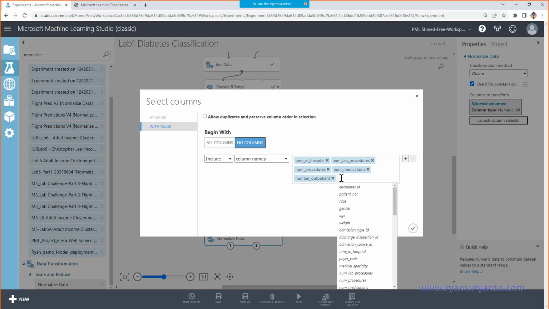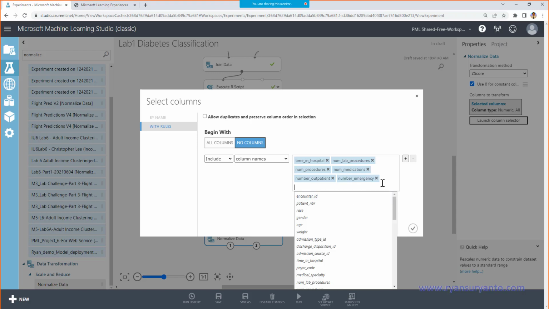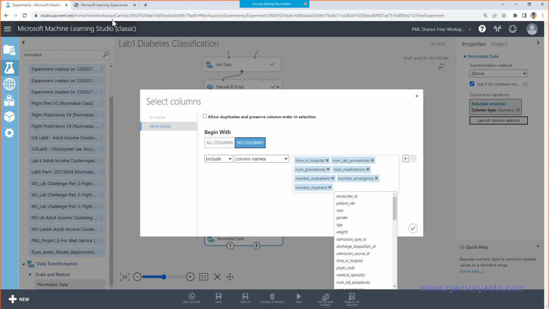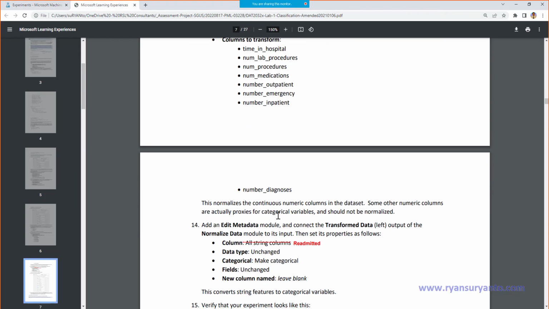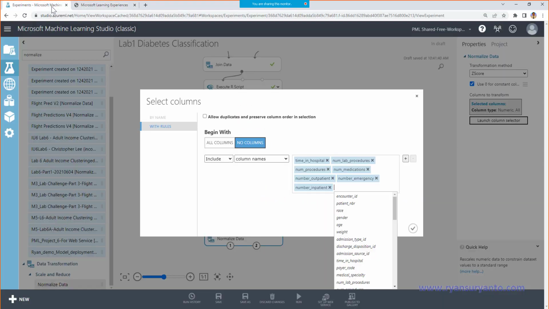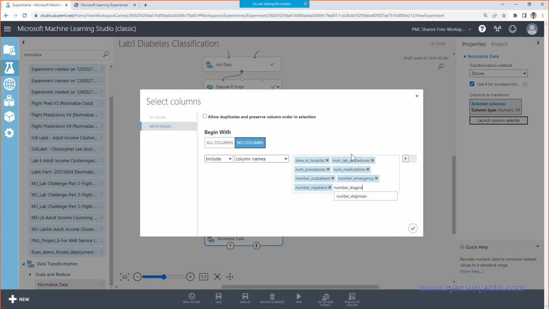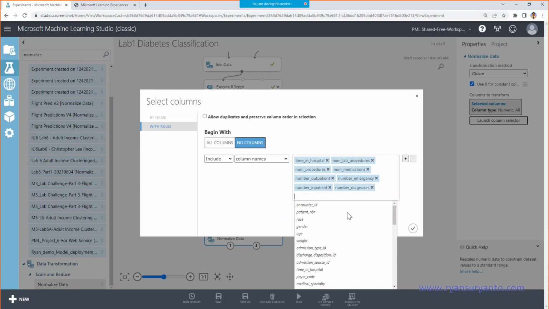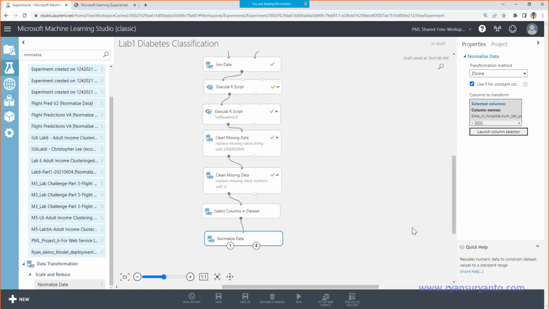Then one more, number diagnosis. Okay, then click. So we would like to normalize these into more comparable, scalable numeric values.